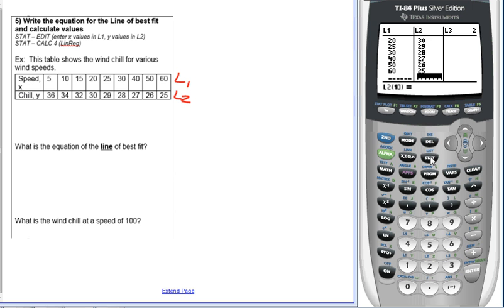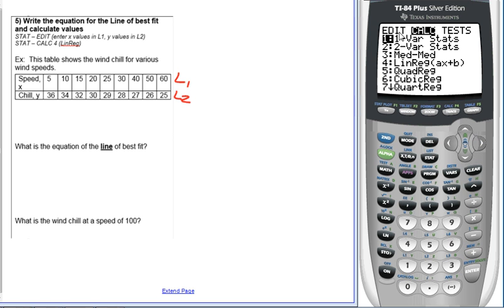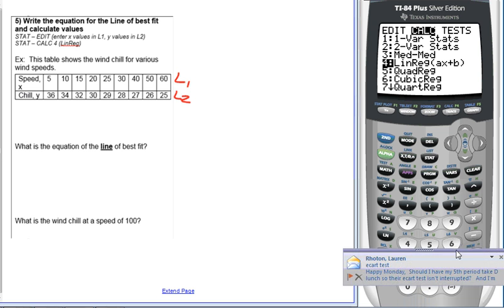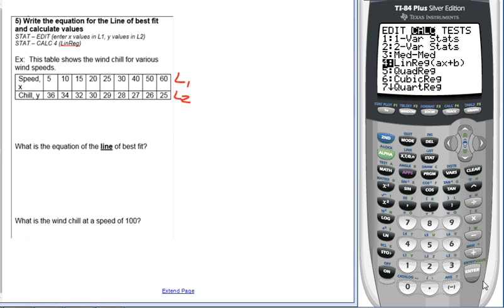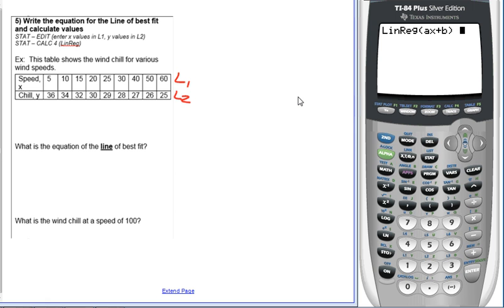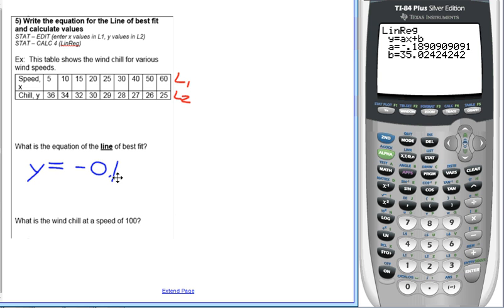Go back to Stat, Calc. This time I'm not doing one var stat. I want a line of best fit, so I want the one that looks like line, number 4. I want to go to 4 and hit enter. Okay, so hit enter again. Gives me my A value and my B value, and I'm just going to plug them in. It tells me even the format to put them in for. It tells me AX plus B on my calculator, and it gives me the A and the B. So my equation is Y equals negative 0.19x plus